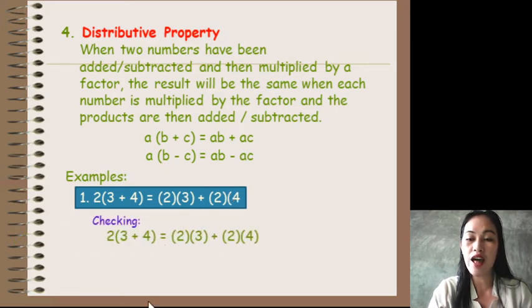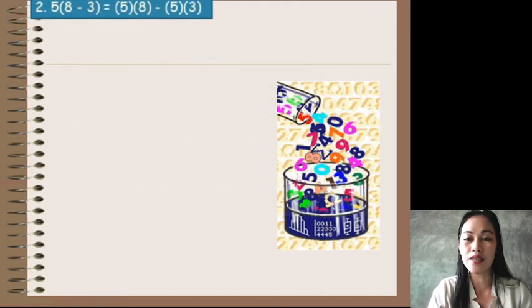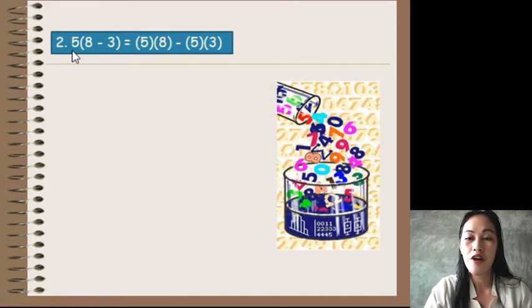So we have 2 times 7, since 3 plus 4 is 7, is equal to 2 times 3, we have 6, plus 2 times 4, we have 8. 2 times 7 is 14. 6 plus 8 is also 14. So they are equal. Next example, we have 5 times the difference of 8 and 3 is equal to, we